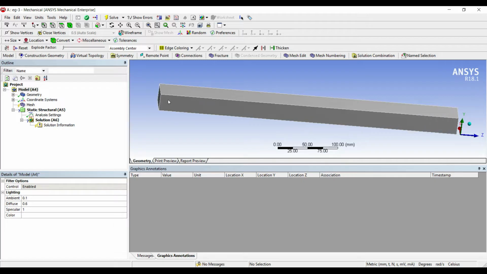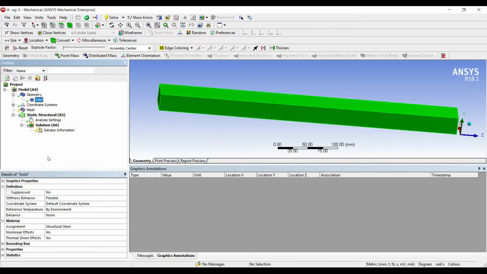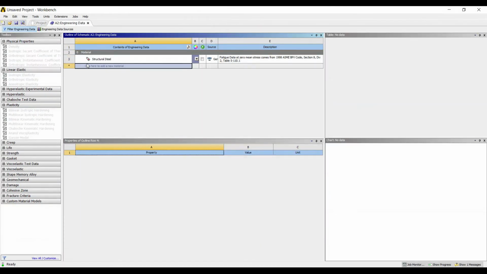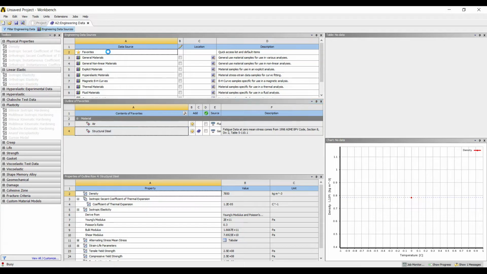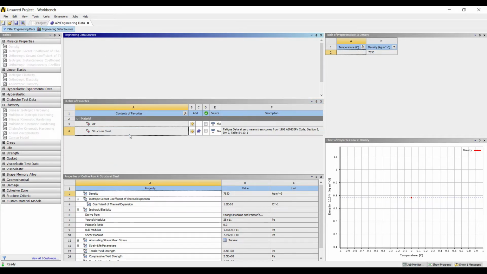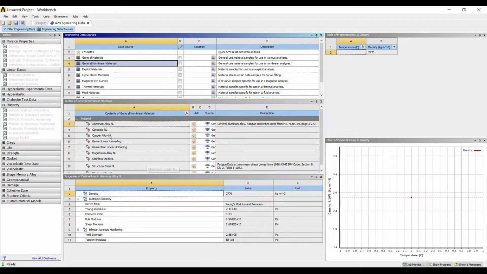I first align my body. I'll go to solid, new material, OK. Like in the previous problem, I'm going to choose structural steel non-linear material.